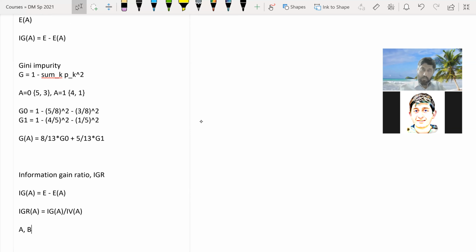Okay? So B has 10 possible values, A has only 2 possible values. So if you use B to split, you will have 10 branches, right? And if you use A to split, you'll only have 2 branches. So B will split the data set into smaller chunks. What is the probability that those smaller chunks would be purer? It would be higher. Those smaller chunks are more likely to be purer as compared to the 2 splits that you get using A, because those splits would be larger in general.